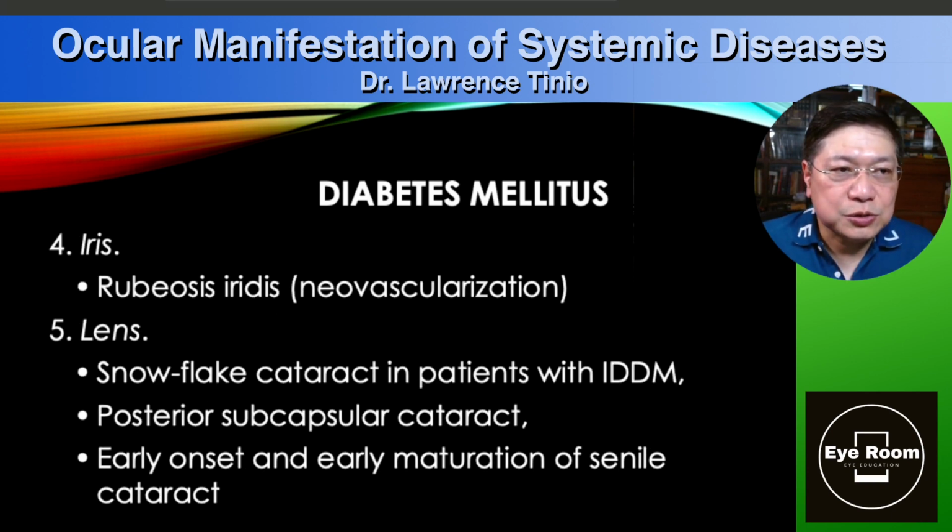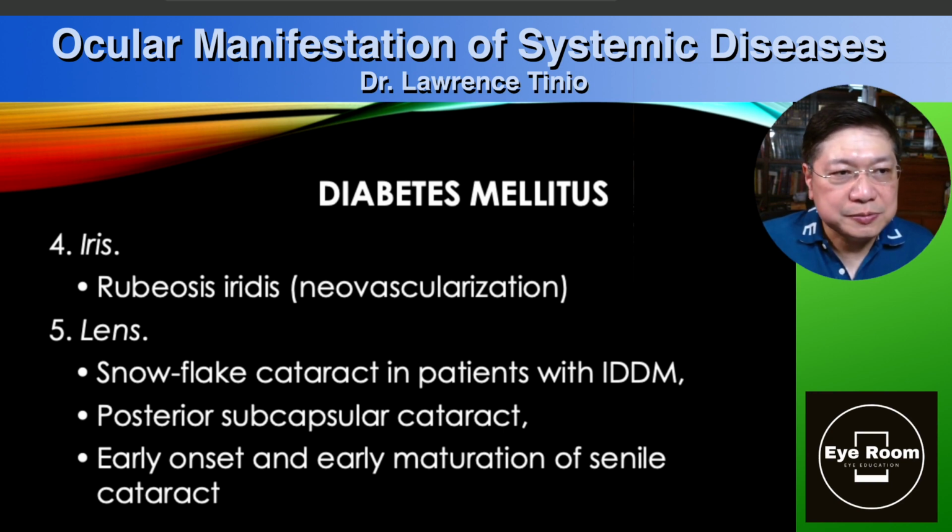In your irises, you may see blood vessels. You never should see blood vessels on your iris. So if you see blood vessels in your iris, that's already pathologic. We call it rubeosis iridis, or neovascularization of the iris. Your lens may show snowflake cataracts in patients, especially in